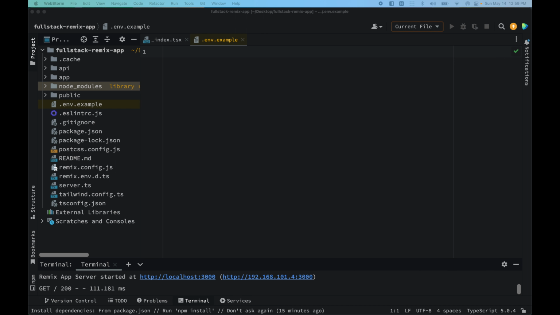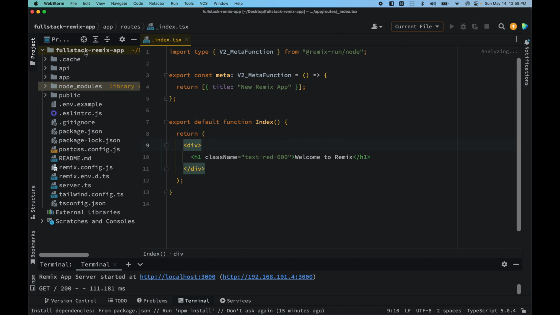And inside there we want to grab in a couple of environment variables that we will be defining, and this is all the environment variables that we'll be needing, which is DATABASE_URL and the SESSION_SECRET. And let's go ahead and close it. And for our next